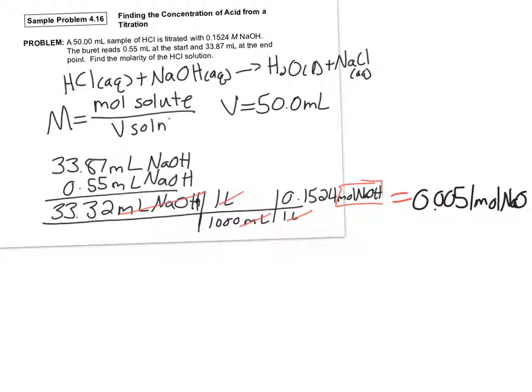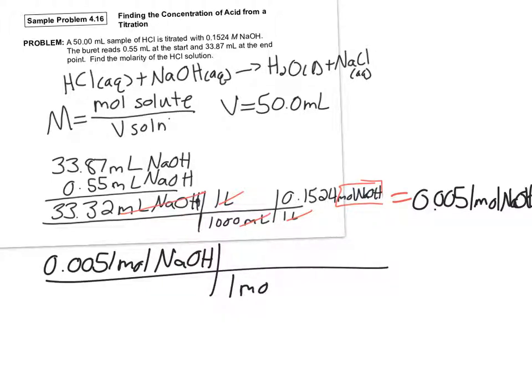And now I can convert that to moles of HCl. So 0.0051 moles of NaOH. For every 1 mole of NaOH, I use 1 mole of HCl. Where did I get that from? Check out the balanced equation. For every 1 mole of HCl, there's 1 mole of sodium hydroxide. There's my conversion factor. Moles of sodium hydroxide cancel. So that means I've got